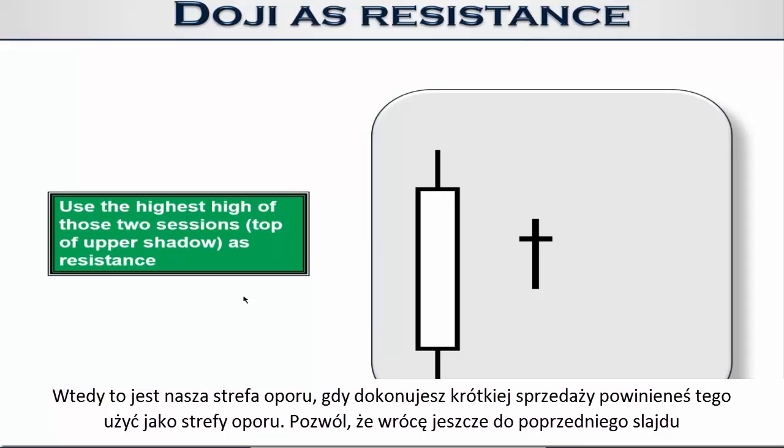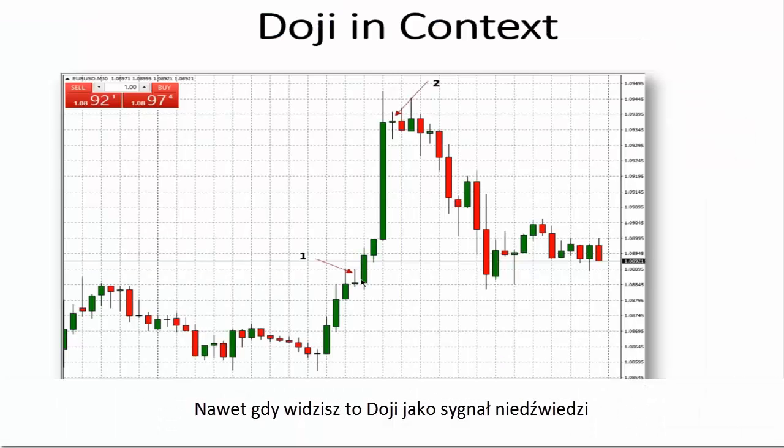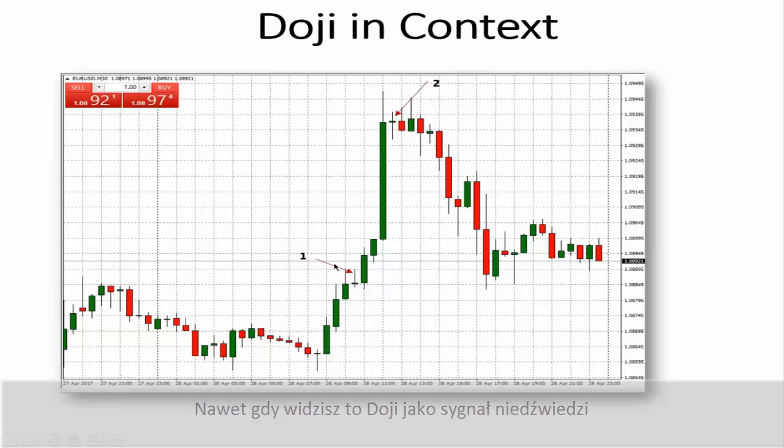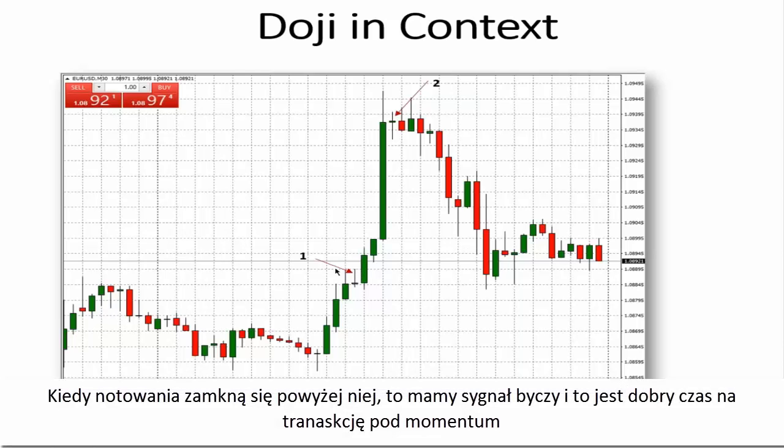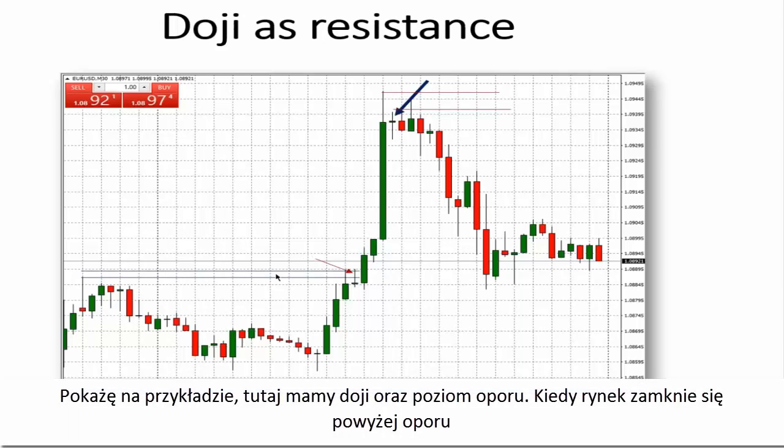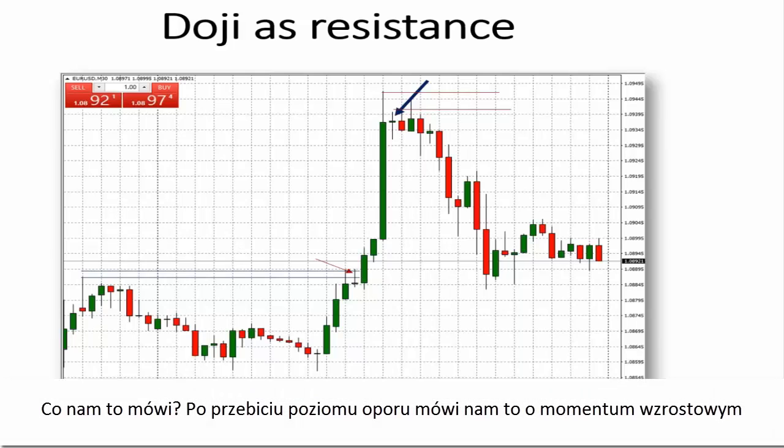Let me go back to the prior slide and show you. So even if you view this doji as bearish over here, once it closed above it, that is a bullish breakout. And that actually is a good time to do a momentum trade. So there's that doji. And this is a resistance area. So once the market closed above resistance, and what does that mean? That means if it breaks resistance like it does here, you could view this as a momentum, a bullish breakout